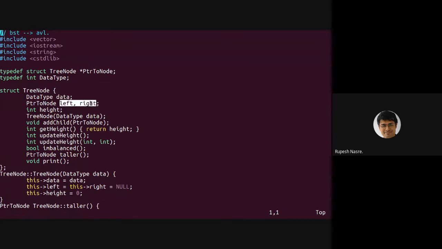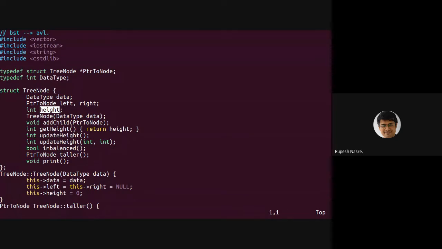In addition, what we are maintaining is something called a height with each node. That is an important variable because that is going to give us a quick way of checking if a particular node is height balanced or not. How will you do that? Well, you can look at the left subtree height and the right subtree height. Visually it was very easy for us to check, oh, there is a height imbalance at node 4, because one side is 3 length, another side is 1 length, etc.